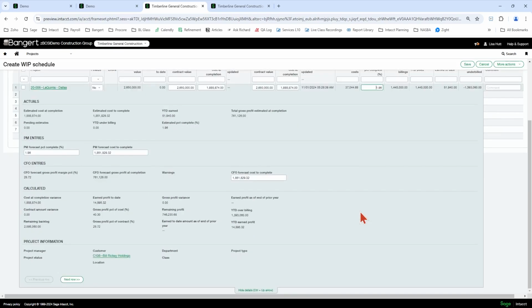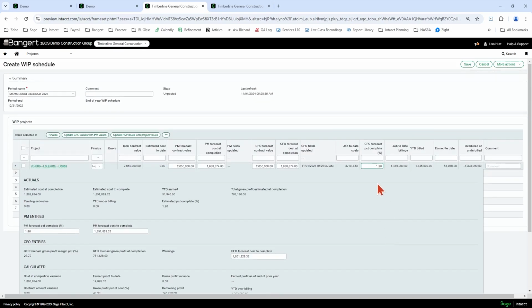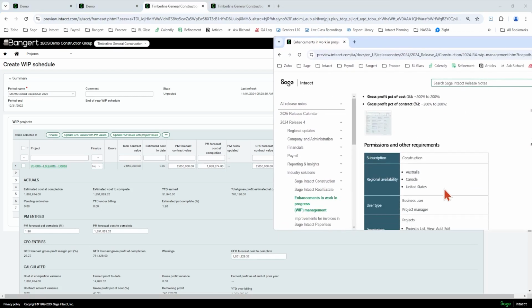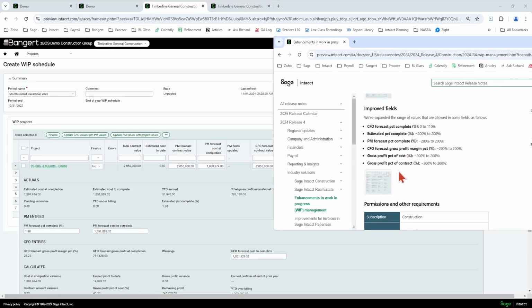Okay, so just a couple key fields here that they've added that'll be helpful. Also, they've improved the range of values that are allowed in the percent complete. You can see the release notes there for those details, but here's just a quick snippet of those specific fields and those enhancements they've made to the ranges there.